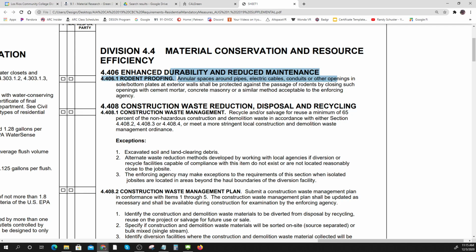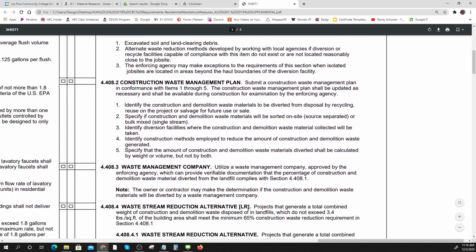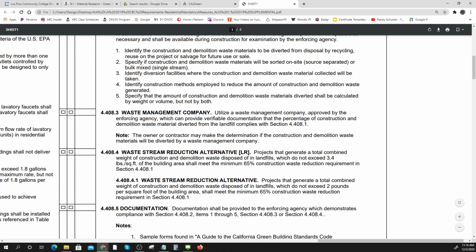Durability, reduced maintenance, rodent proofing, construction waste management. And again, this is a design requirement. This is a performance requirement. Recycle and salvage for reuse a minimum of 65% of non-hazardous construction and demolition waste. Wow! That is really cool. It's amazing how much we require. That's really awesome. Waste management company, waste stream reduction,